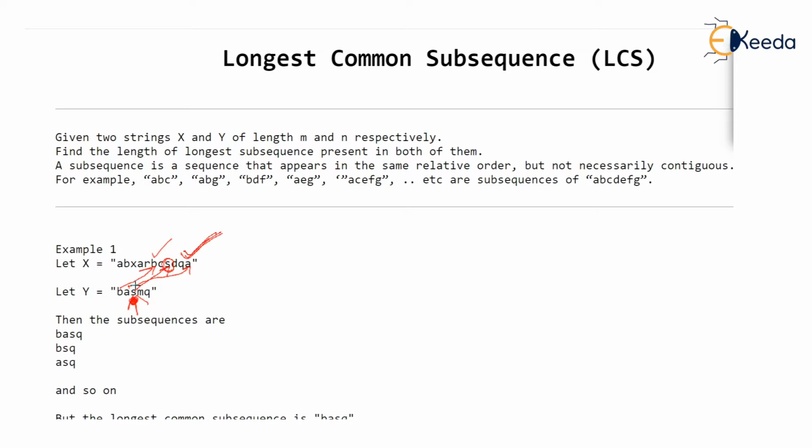So rather, if we start matching the first B of Y, say the first B of Y with this B where I am pointing to, then the next letter A will match with the last A, and we have exhausted X. So we get a common subsequence as BA, which is also a subsequence, isn't it? And it is agreed that this is a subsequence or common subsequence.